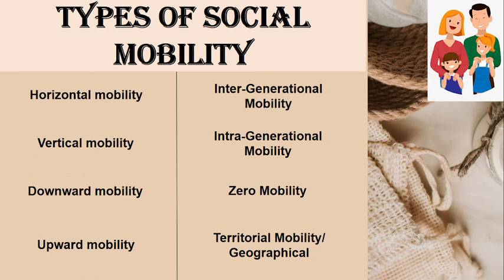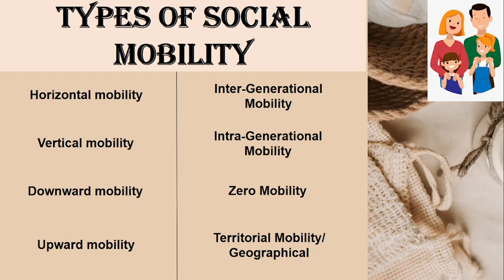Intragenerational change in societal position occurs during the lifespan of a single generation. It can also refer to a change in position between siblings. One way is when a person climbs up the corporate ladder in their career. For example, an individual starts their career as a clerk and throughout their life moves on to a senior position such as director. One sibling may also achieve a higher position in society than their brother or sister.